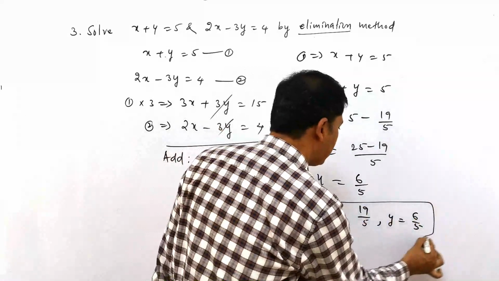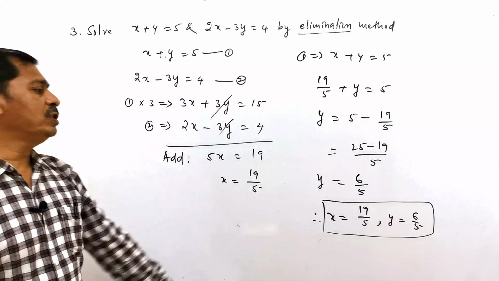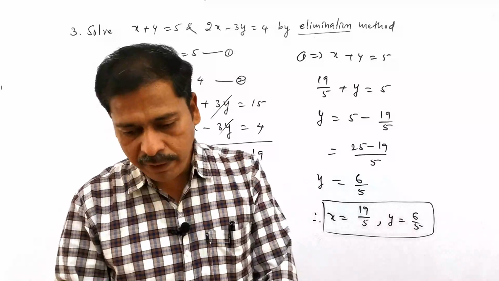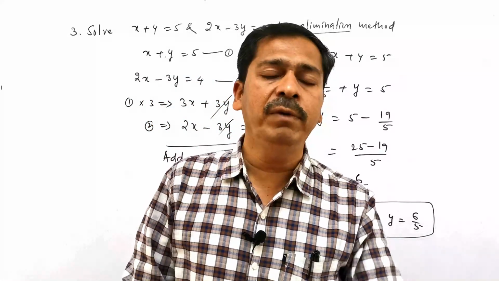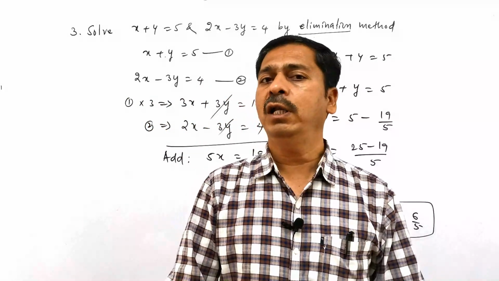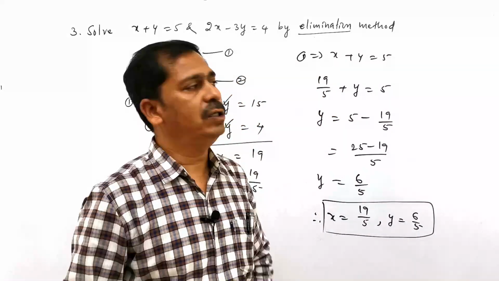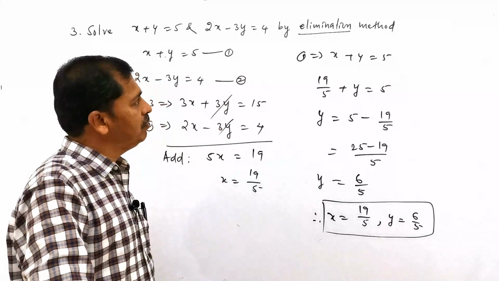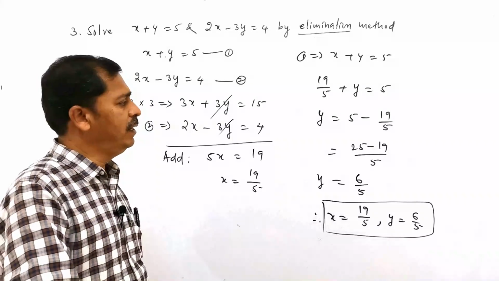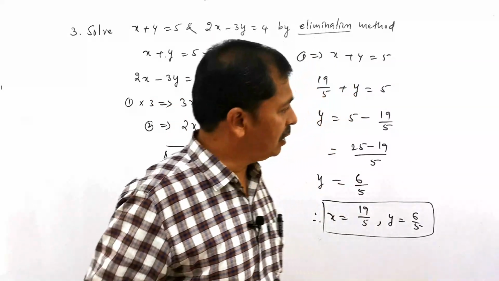So this is the solution for this system of equations, and we have obtained it by the elimination method. In the elimination method, what we are doing is simply eliminating one of the variables. Either you can eliminate the x variable or the y variable. It depends upon the coefficients and your imagination. It is a very simple method, and in most calculations we follow it. It is even helpful in physics. This method is very important, so don't neglect it.